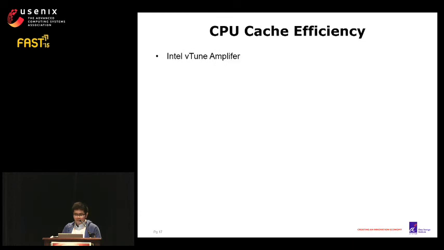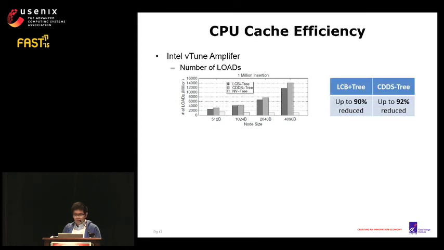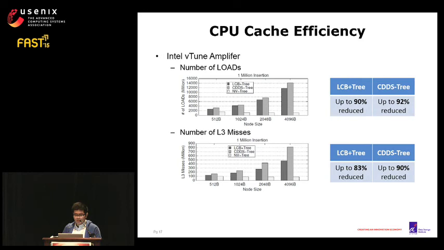So we further investigate the performance improvement of NVTree by looking at the CPU cache efficiency using Intel's tool, the vTune Amplifier. We first measure the number of loads from 1 million insertions. Thanks to the cacheline optimized formats, NVTree reduces up to 90% of the number of loads compared to B+Tree and then 92% to CDDS-tree. We then measure the number of L3 cache misses for the same 1 million insertions and